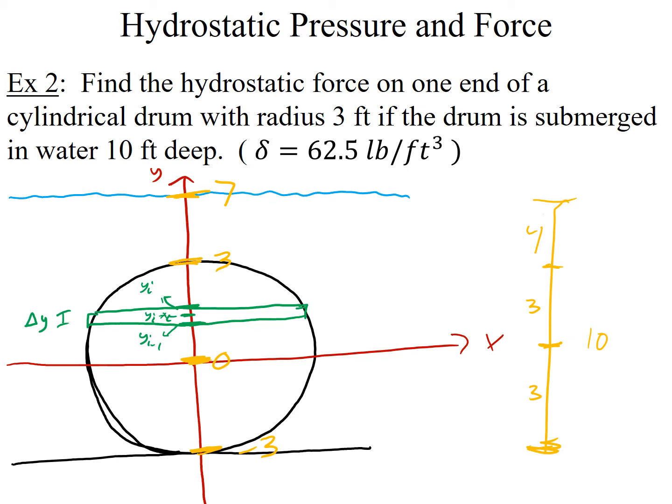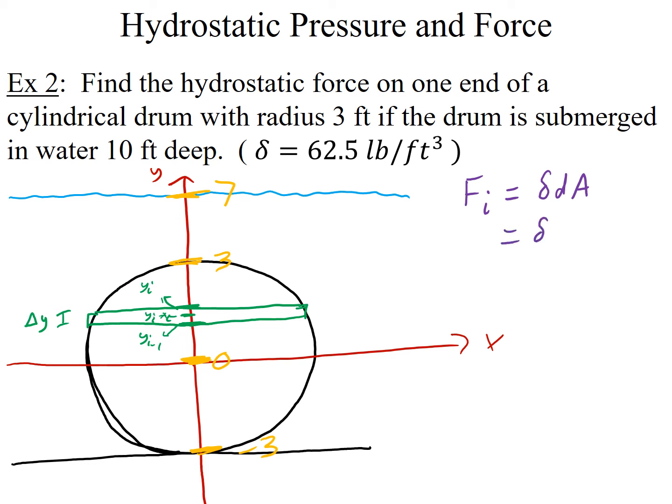Okay, so I have to take the limit as n goes to infinity. So first thing I need is the area of this rectangle here. I need to multiply it by stuff to get the force. So the force for this ith rectangle is, let's see, what was it? Instead of rho g dA, it was just delta dA, where delta is the 62.5, d is the depth, and A is the area of the rectangle that I've drawn there. So it's going to be